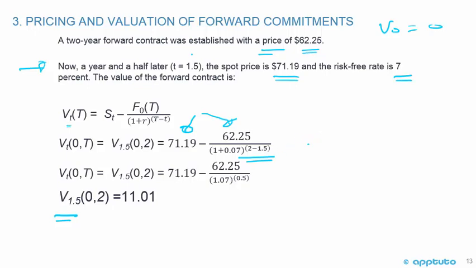Big T is 2 years, small t is 1.5, okay? So this is not too difficult at all. We're going to get 71.19 minus 62.25 divided by 1.07 to the power of 0.5. And the valuation that we're going to get, so you can see the nomenclature here, V at small t 1.5 equals 11.01,